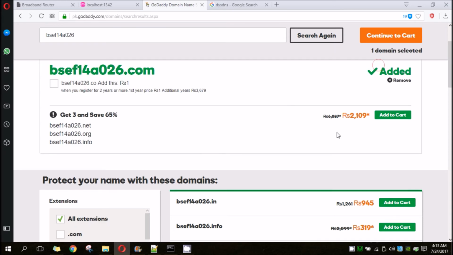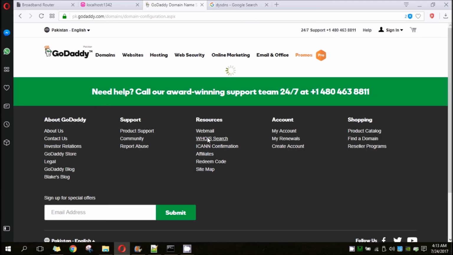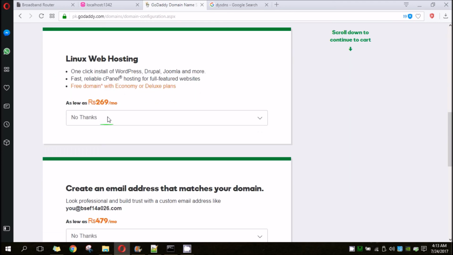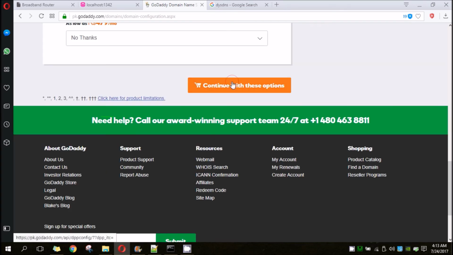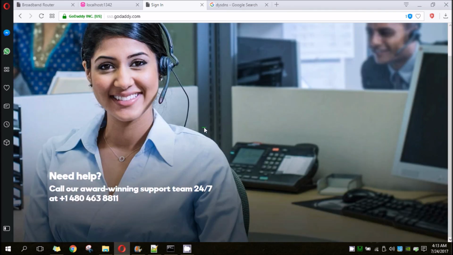You add this to your cart and continue to cart. Once this is done, it will give you some configuration options. You can choose these as you like and then continue with these options. Now it will ask you to proceed with checkout, where you will enter your payment information,